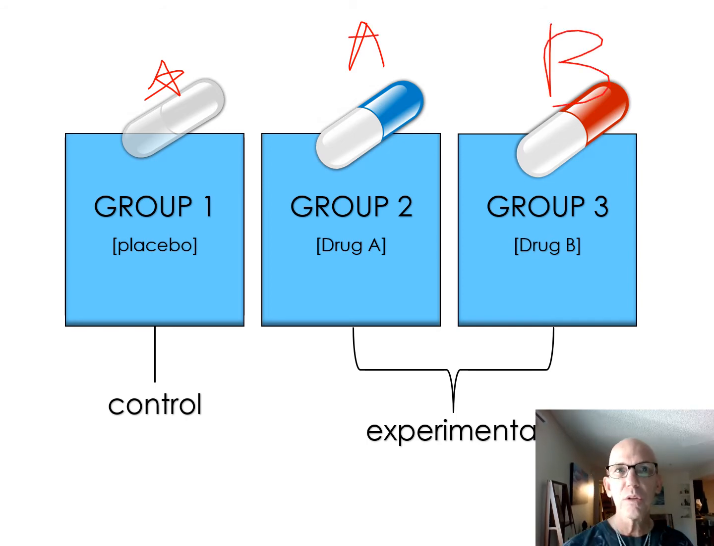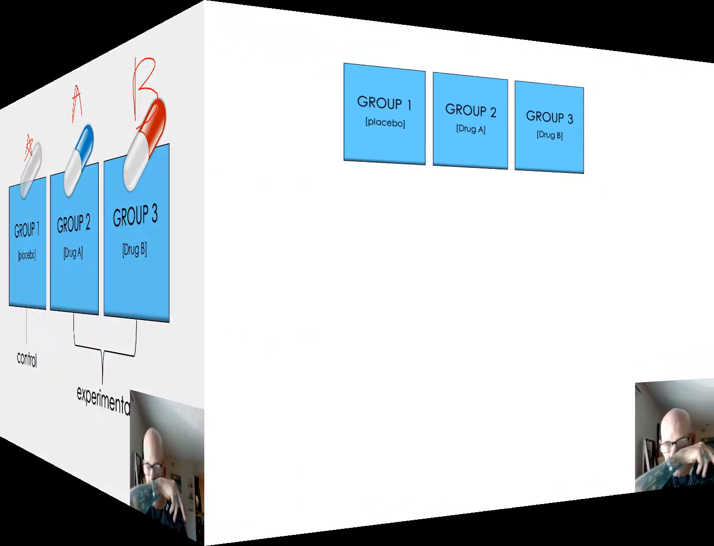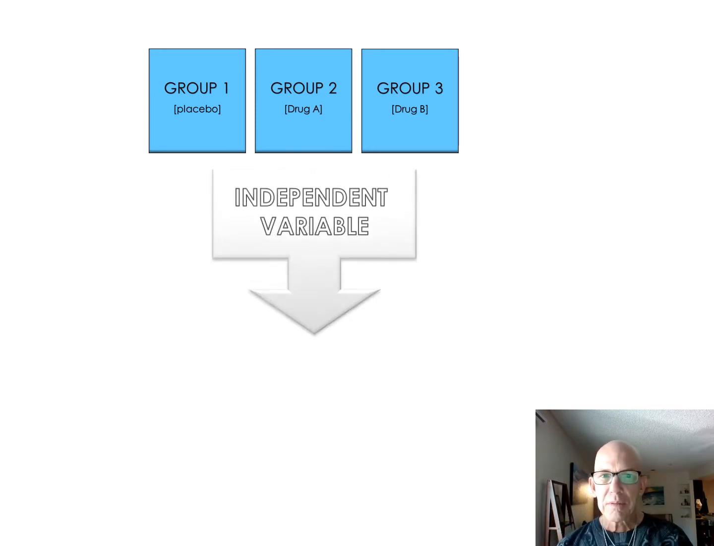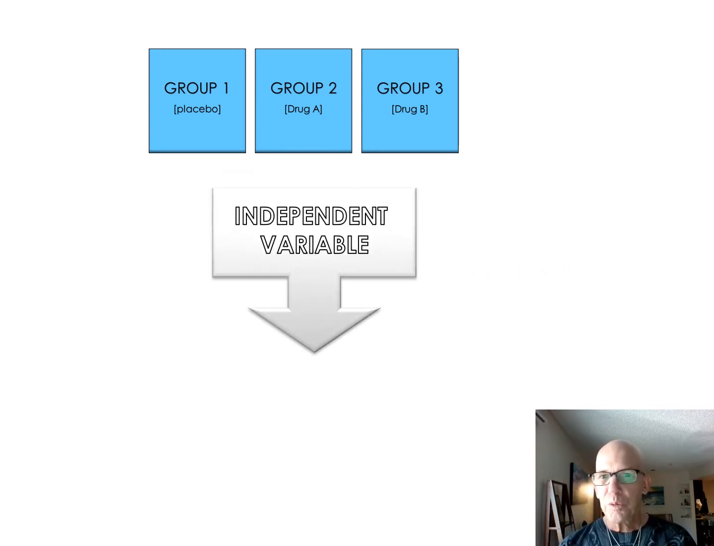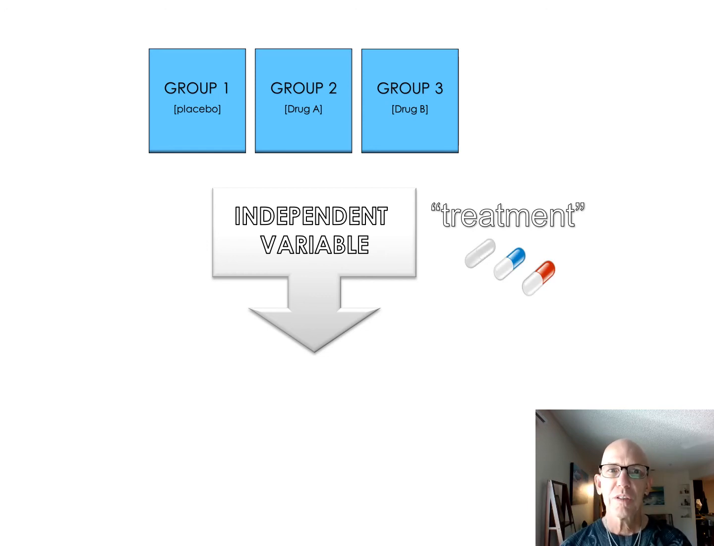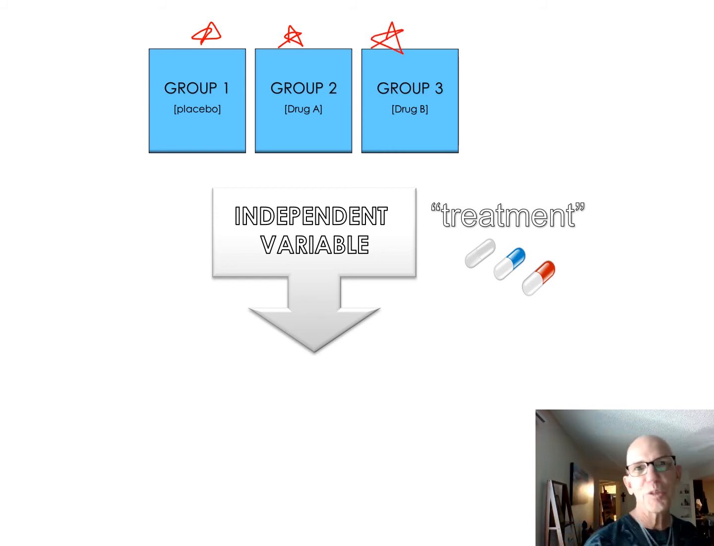So we're going to look at that in this experiment. So the treatment is the independent variable, and that is just simply which pill did I give you? I gave different pills to different groups. That's what makes it a variable. If I gave the same pill to all the groups, it would be static, but it's not static, it's